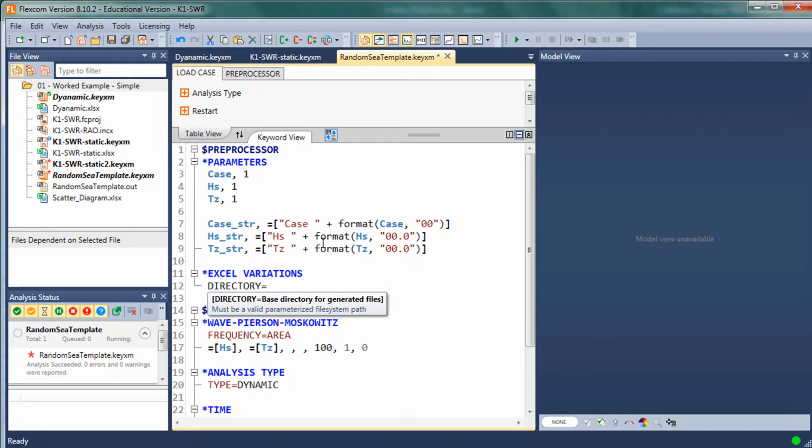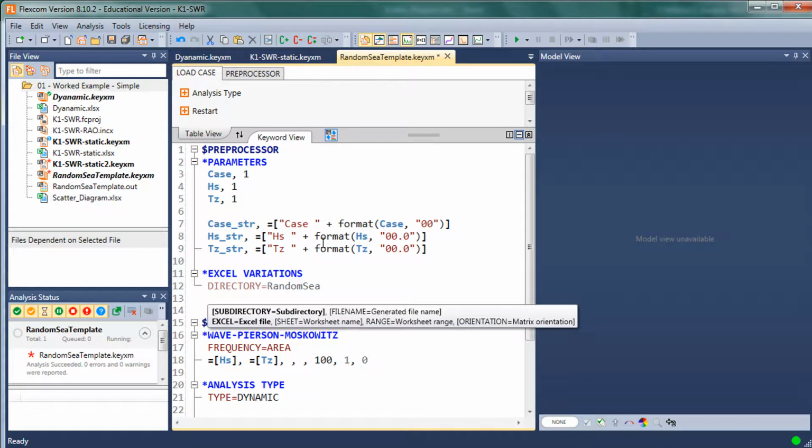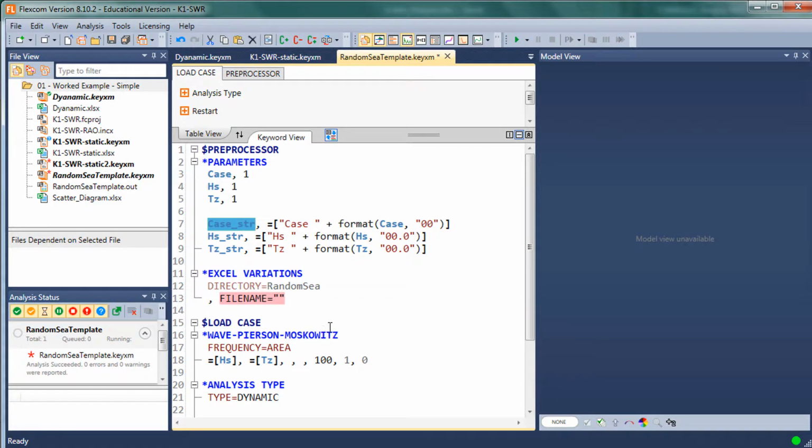Let's say the directory, we'll just maybe create a new directory called random C. That'll be the folder name. You don't really need a subdirectory. We do need a file name. This is quite important to name the files. We can just use the values that we have already defined up here. Then let's say the file name would be the case string, which is something like case 01,